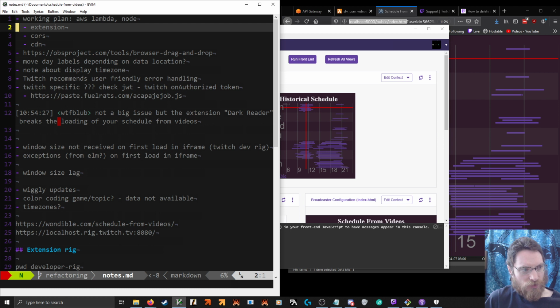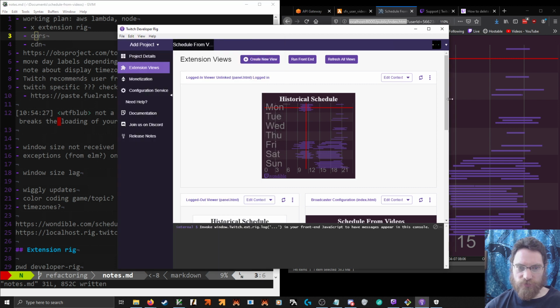So we've got extension rig. I need to see... Well, if I do CORS on API Gateway itself, well, I have to make sure to allow the CDN.